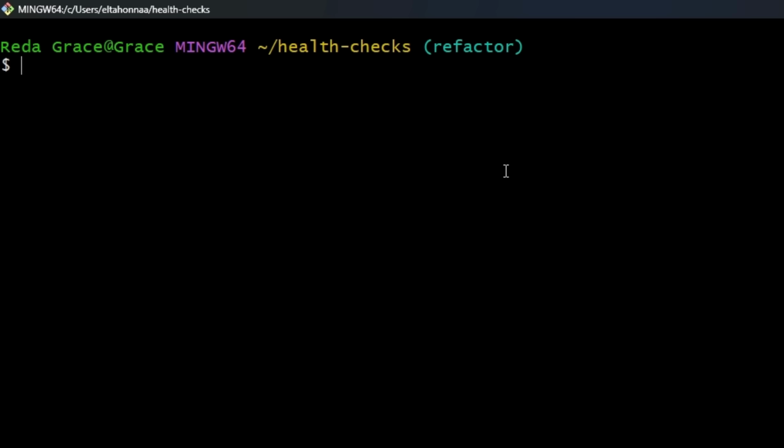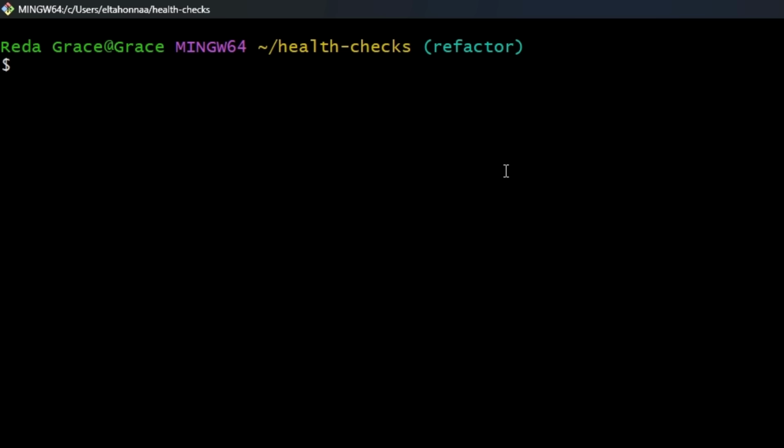We run the command git rebase, followed by the branch that we want to set as the new base. When we do this, Git will try to replay our commits after the latest commit in that branch. This will work automatically if the changes are made in different parts of the files, but will require manual intervention if the changes were made in other files. Let's check out this process by rebasing our refactor branch onto the master branch.